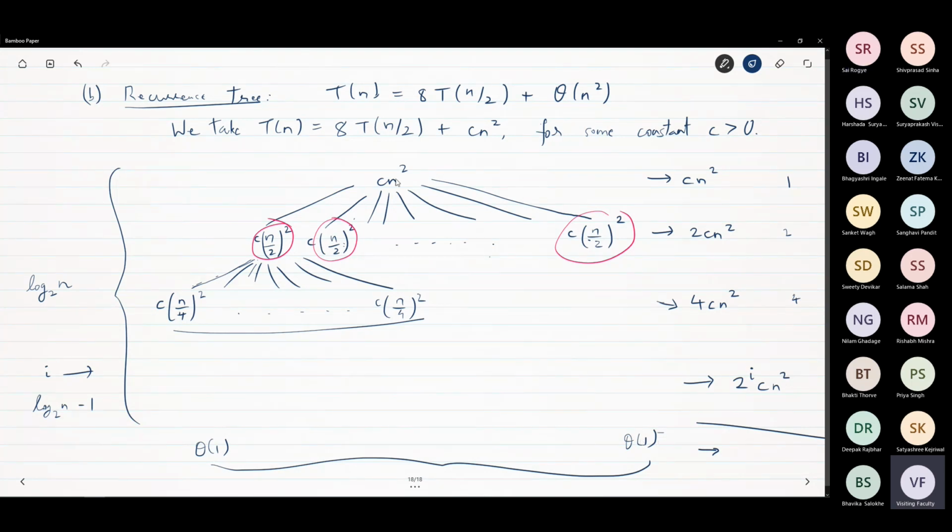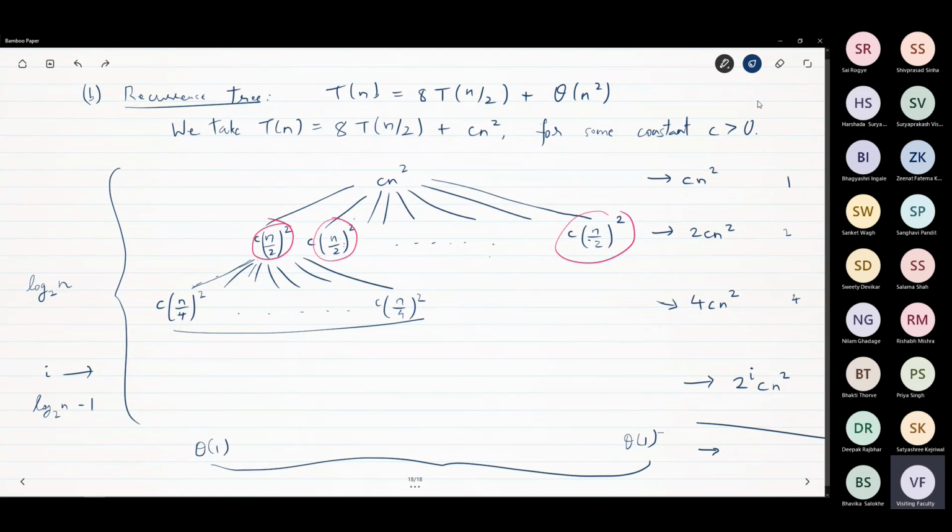So now let's go again. How many ones will be there? There will be as many ones as there are branches. Is that correct? 8 branches from the 0th level to first level. First level to second level, 8 into 8. You see, 8 into 8, 64 branches. Is that correct? Yes. Third level, so